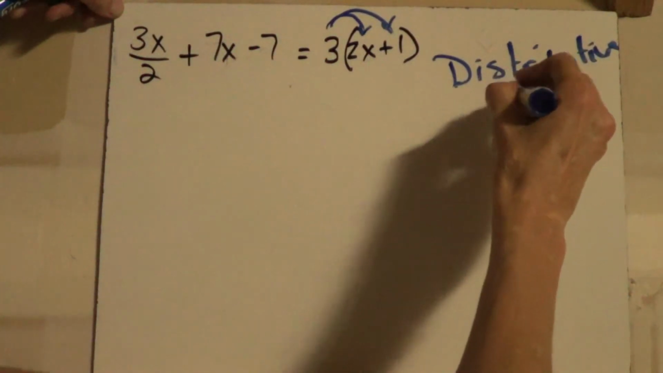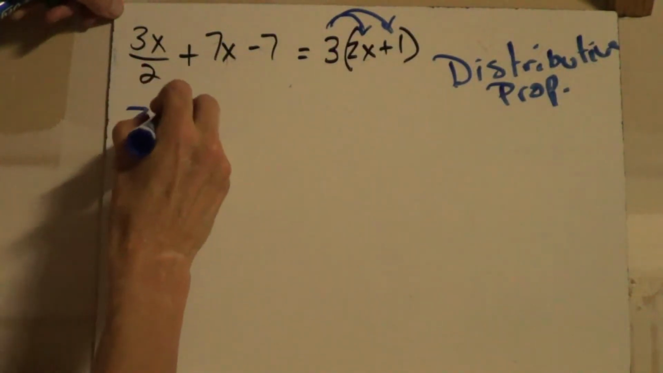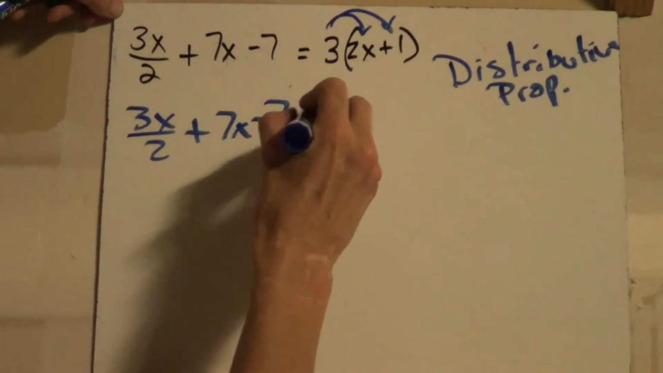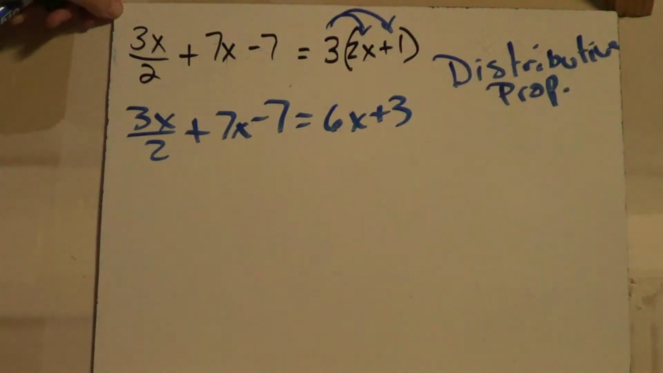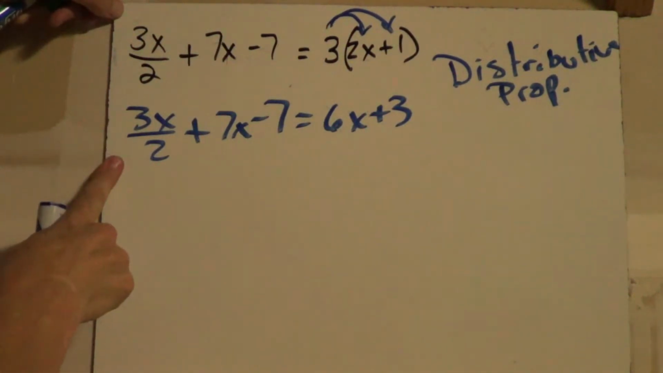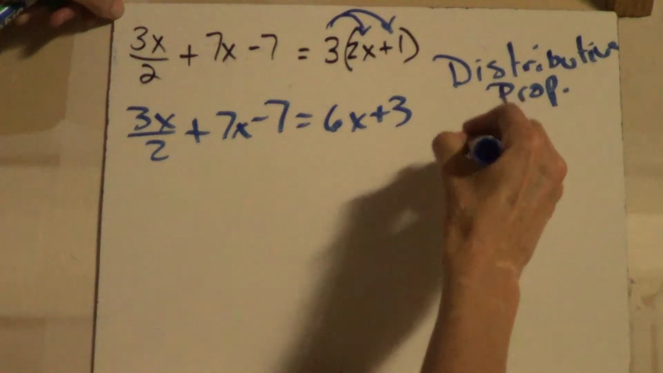That's because we didn't do it on each side, keeping it equal. So we have 3x over 2 plus 7x minus 7 equals 6x plus 3. Now our next step is, you wouldn't have to, but most of you don't like having fractions. We talked about that in class. You said, yeah, let's clear them. So to clear the fractions,